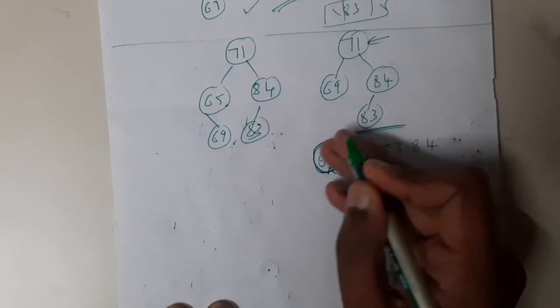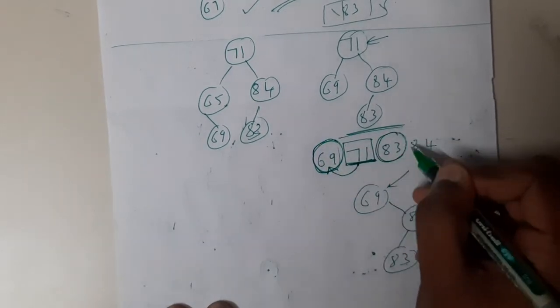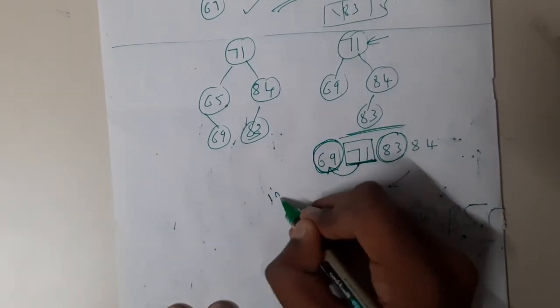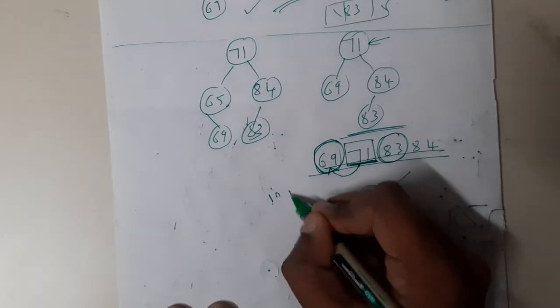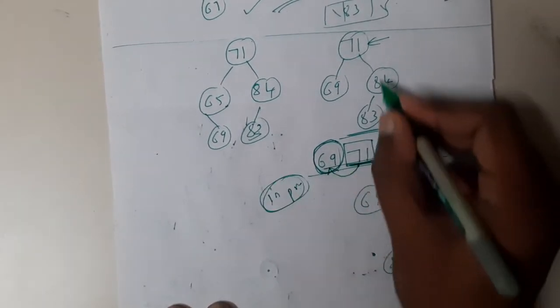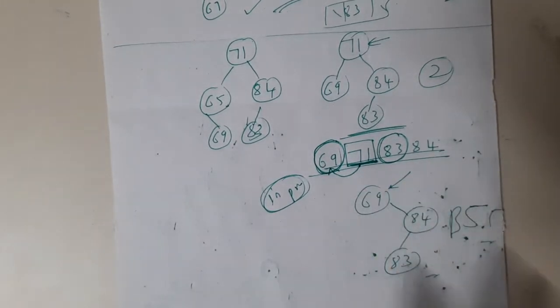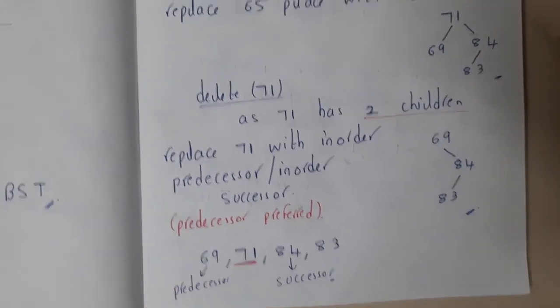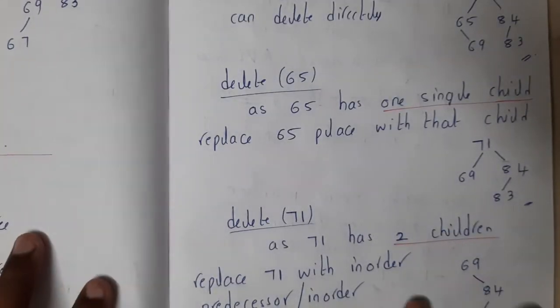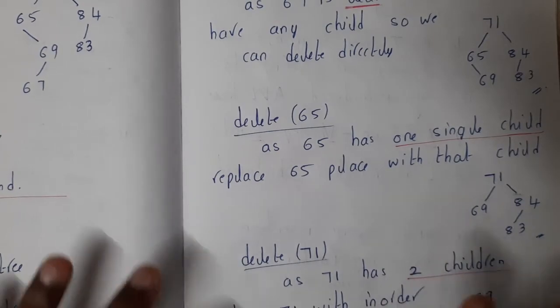So always the predecessor is selected, guys. The node before is called the predecessor and the next node is called the successor. So this is the in-order, right? In in-order, the predecessor is always selected when you are deleting a node which has two children. Got it? Got the logic, right? Yes. That is written clearly in the book, guys. Each and every deletion, the cases and everything is written clearly. If you have any confusion, you can check the notes also.